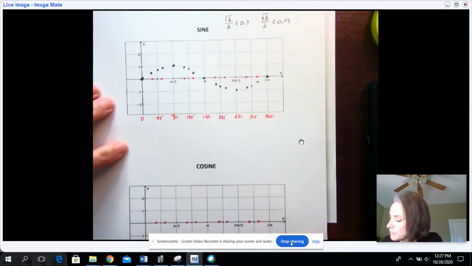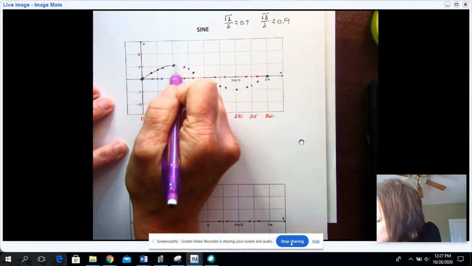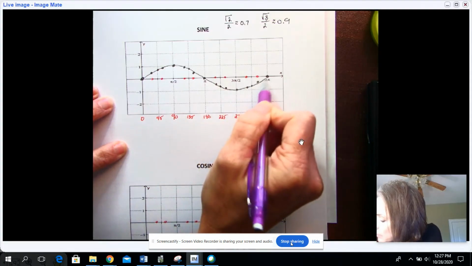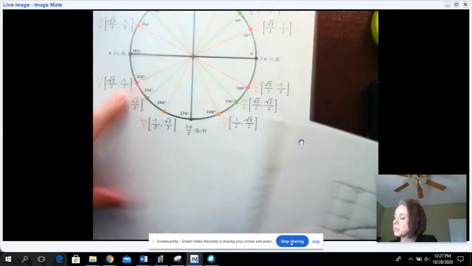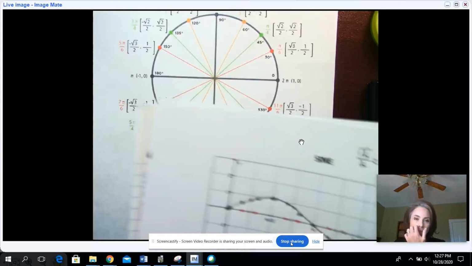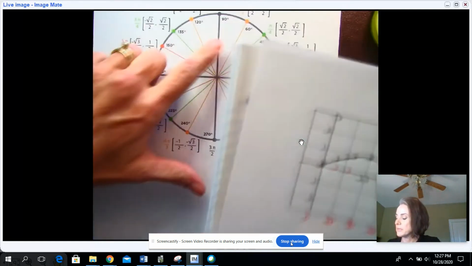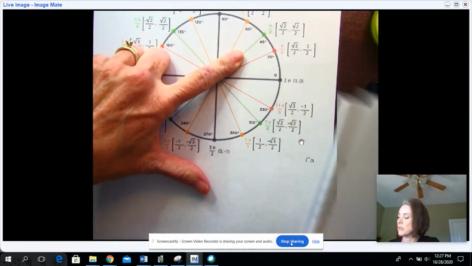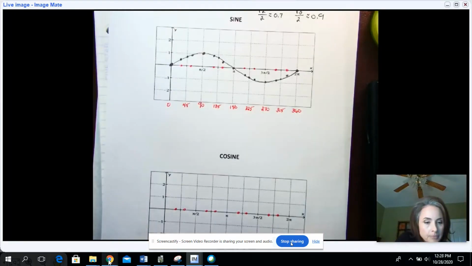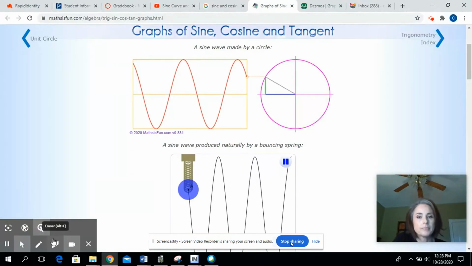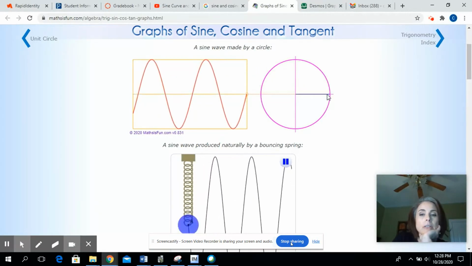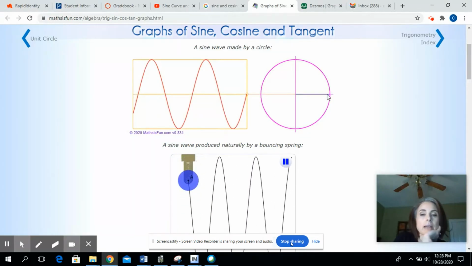So if we look at this, sine is a curve that looks like that. So what I did was I just plotted these particular angles that are special right triangles, 30, 60, 90 and 45, 45, 90, and ones with those reference angles. So if I show you, this is literally graphing sine. If I start at 0, if I graph sine at 0 and let it go,